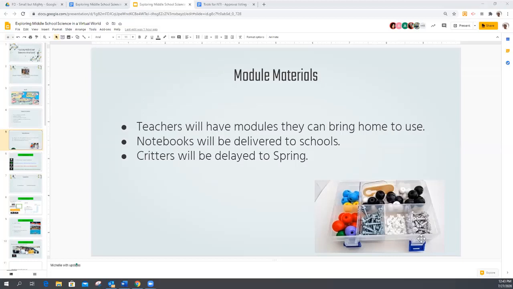So it's been somewhat of a struggle to get all of our modules for our first rotation finished, but they are finished, they are completed. So there's some more detail that will be coming to you if you're a classroom teacher through your science lead and/or your principals. Critters, that only affects 7th grade.